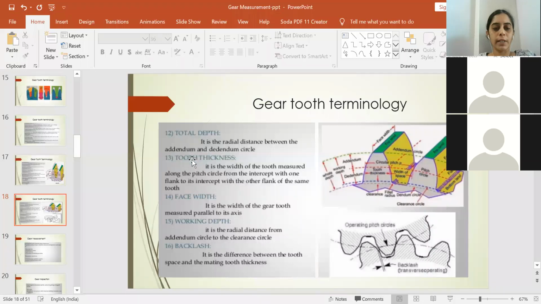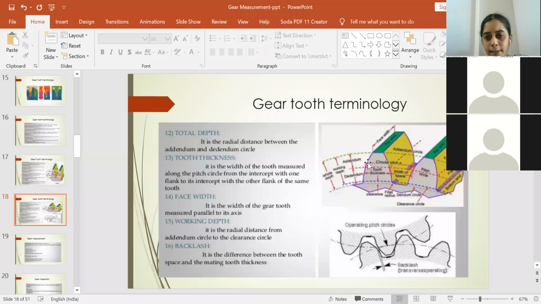Then you should measure what you mean by tooth thickness. So tooth thickness, it is the width of the tooth measured along the pitch circle from the intercept with one flank to its intercept to the other flank of the same tooth. So here you can see, if you have a tooth here, this is the pitch circle and the flank part will come below the pitch circle. So you have to connect a point which is touching the flank of one end of the tooth to that of the other end. So this entire distance will be our tooth